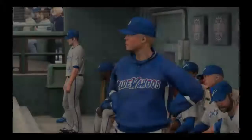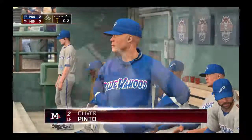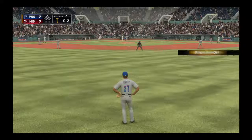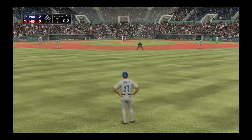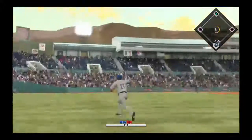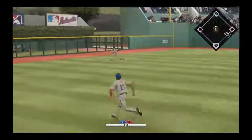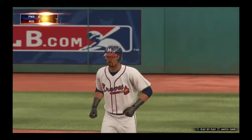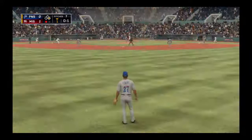MLB The Show's coverage of minor league baseball is on the air as we continue our tour. Oliver Pinto will get his first shot at it here. 1 for 4 with a double in the ball game last night. Pulled toward right center field. Baker is in pursuit. He's around first on his way to second now. Ken Spence